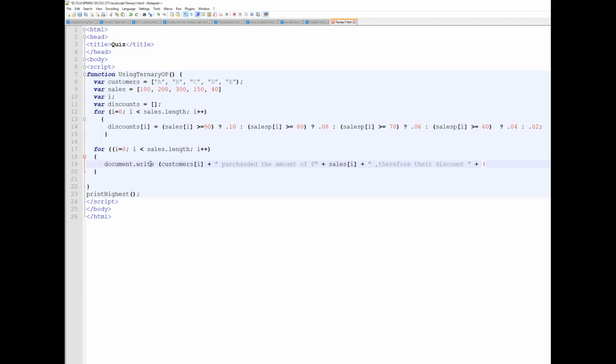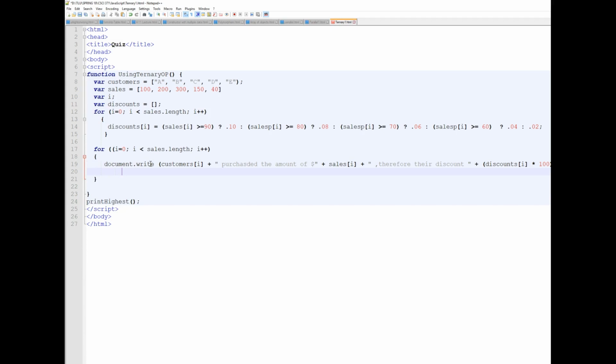It's going to be the discounts, okay, discounts with that specific item in the array. It's going to multiply it by 100, and let's go down here since it's outside, multiply by 100